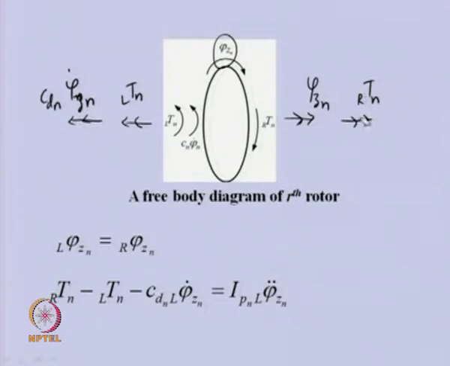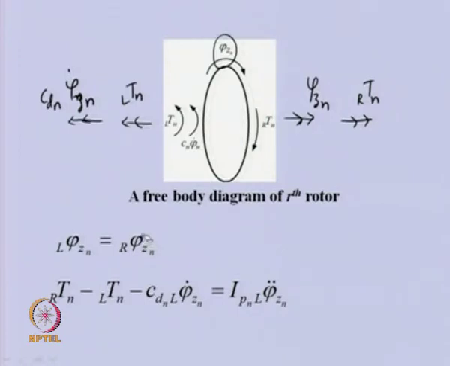So, now we can take the relations of the various variables here. Because this particular disc is very thin, you can see that either end of this disc will have the same angular displacement. So, this is the left of the nth disc and this is the right of the nth disc displacement. They are the same because this is a thin disc.